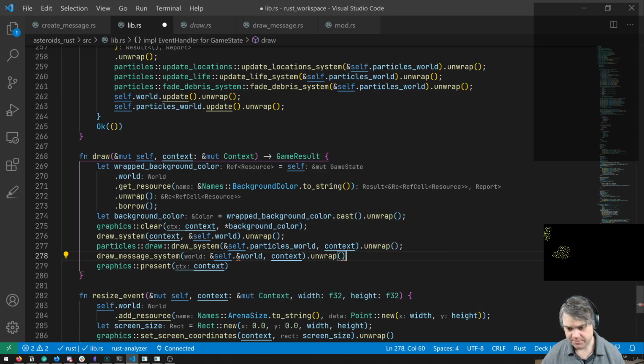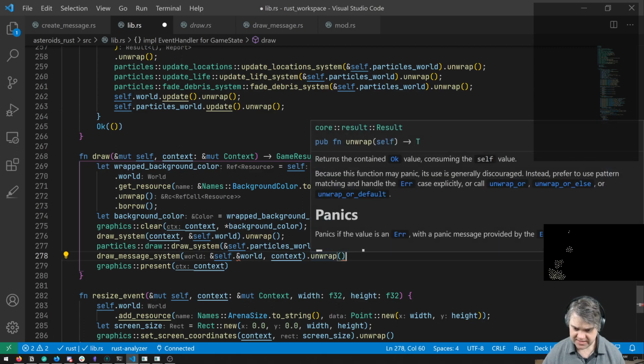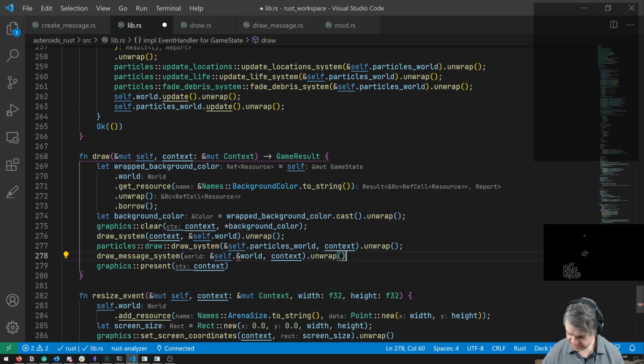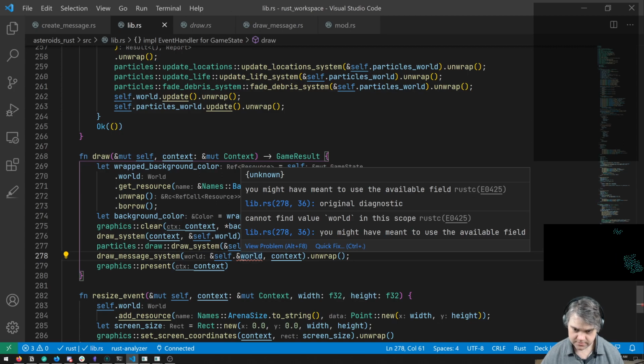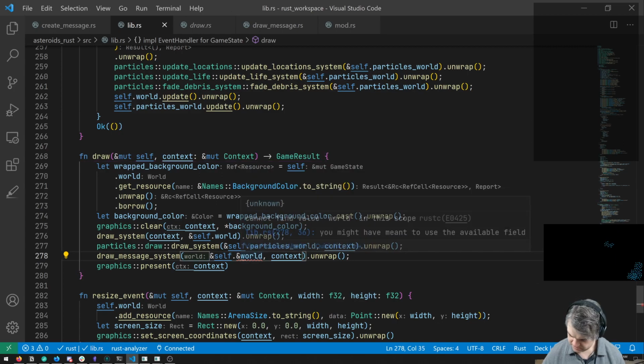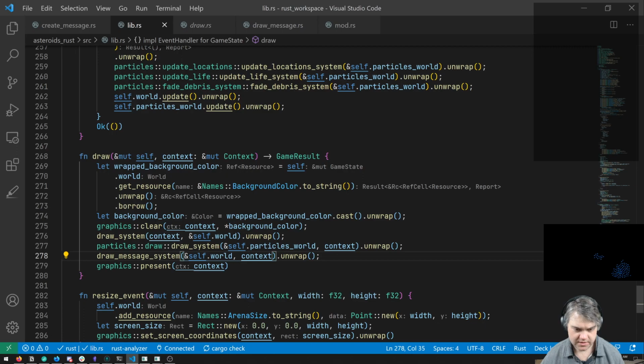And we do have to unwrap because this result is not compatible with this result. There we go. No errors.